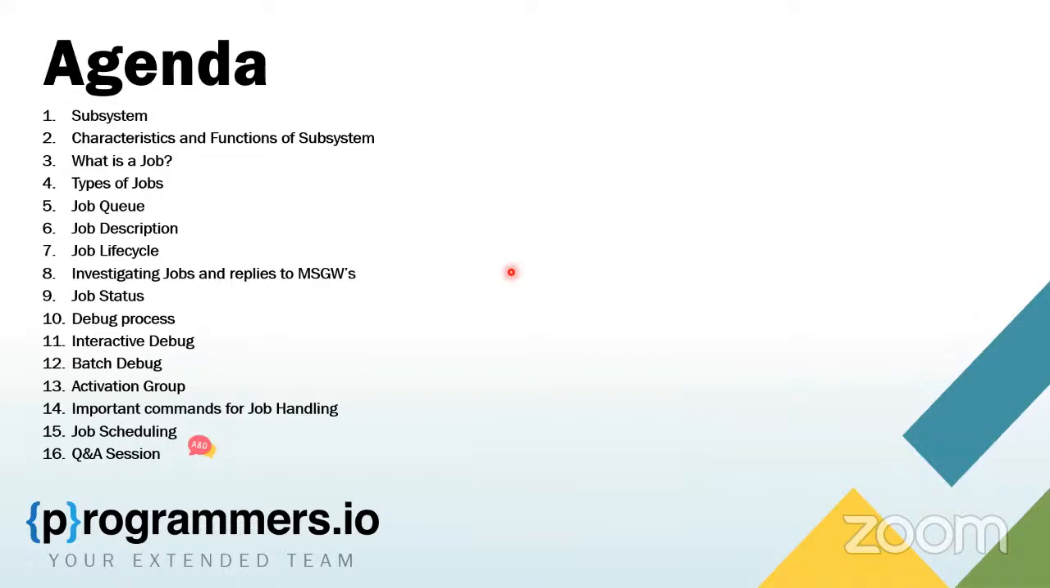So today we are going to mainly talk about the following things. What is a subsystem? Characteristics and functions of a subsystem. What is a job? This is the main thing that we are going to talk about today. This is all part of a process called work management on IBMi. The types of jobs, the job queue, what is a job description, job life cycle,